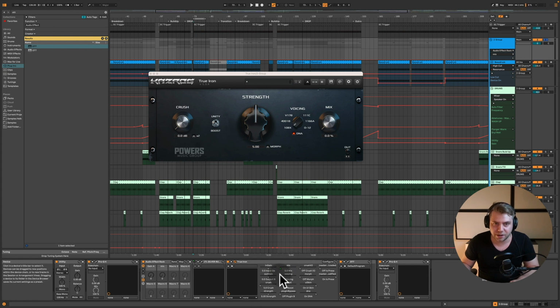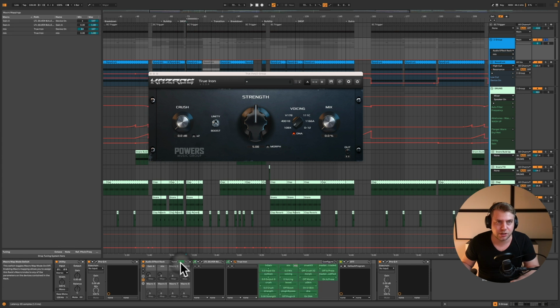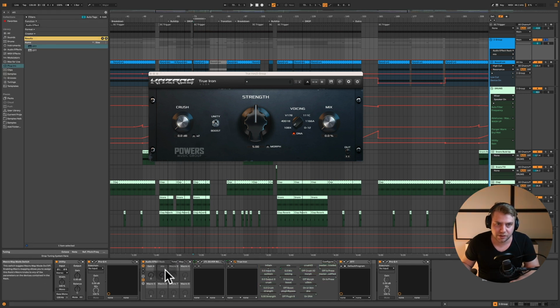And as well here, we're going to click into the device on or off button, route it to macro 2, go into the mapping section, and here the minimum needs to be 1. Let's have a look. Yes, plugin off, as you can see here, plugin on as soon as we turn it up just a little